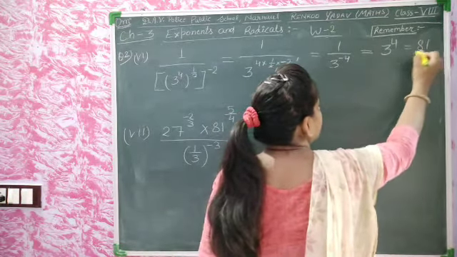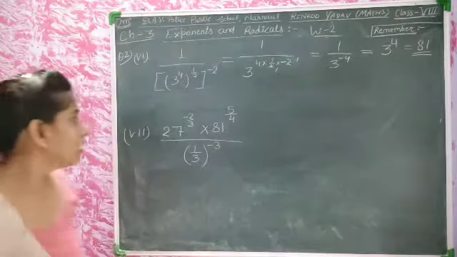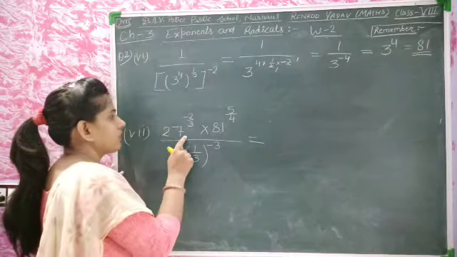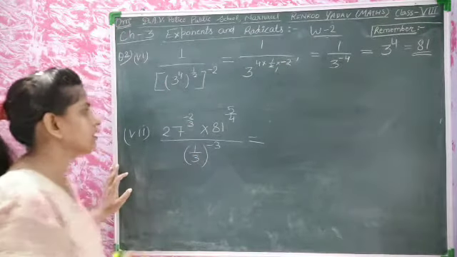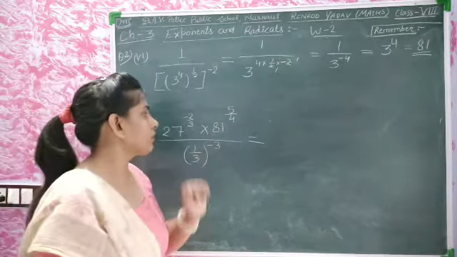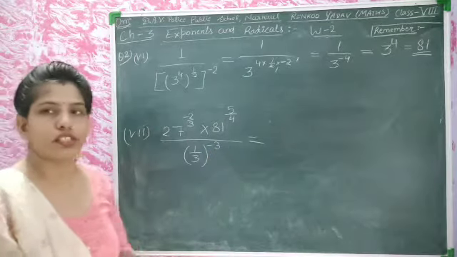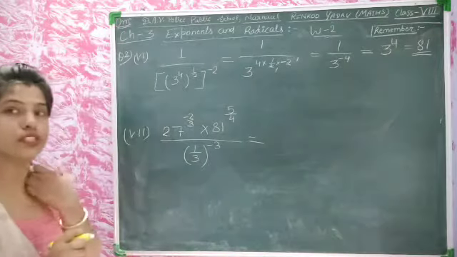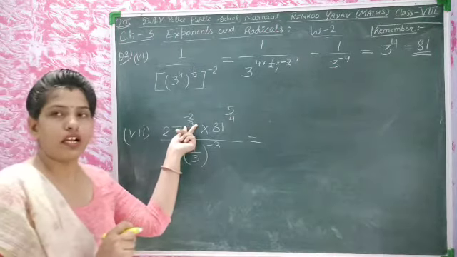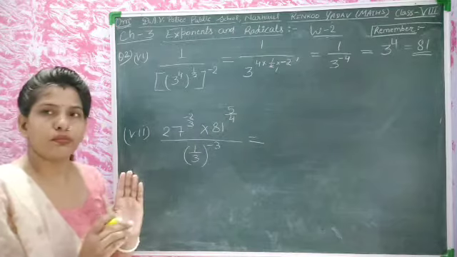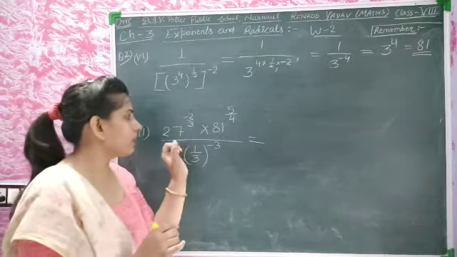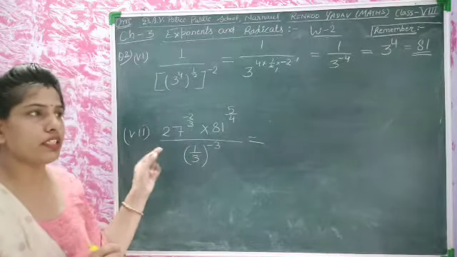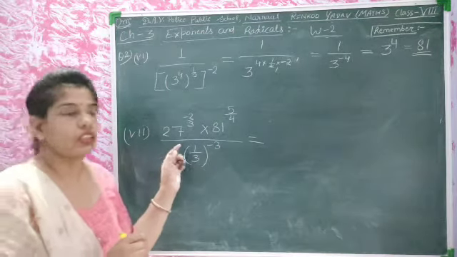There is 81. We will get it here. Now we will solve it. There is a 27 here, to the power minus 2 by 3, and 81 to the power 5 by 4, and 1 by 3 to the power minus 3. We will get 27, whose cube root is 3, because there is a power 3, and we have to cut it, because we are taking the trick, and we can make it as simple as we can.